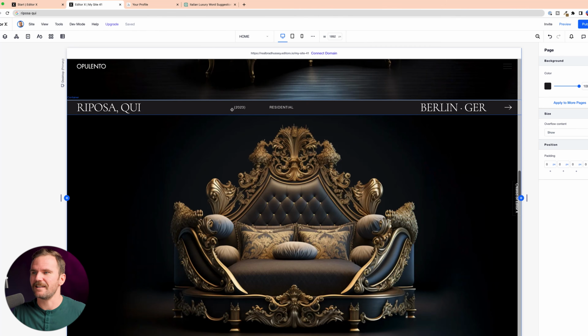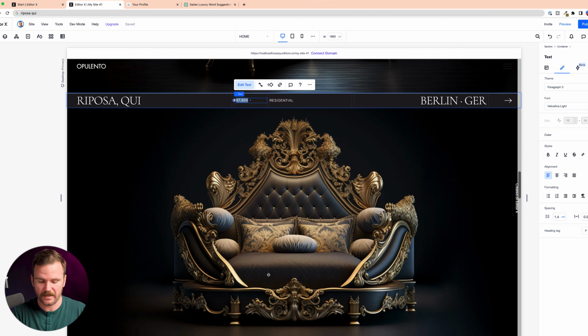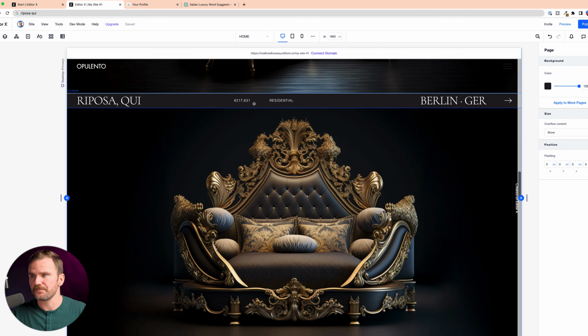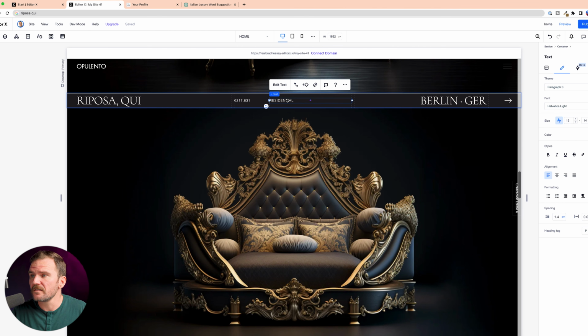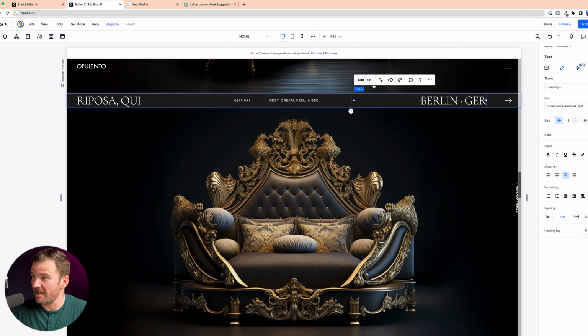I may or may not be getting these pronunciations right. And this, my friends, can you imagine how hard that was to make? 217,631 euros. And what is this? What is my one-liner? Rest. Dream. Like, come on. I am crushing this. Let's visit our AI content and image and art generated website